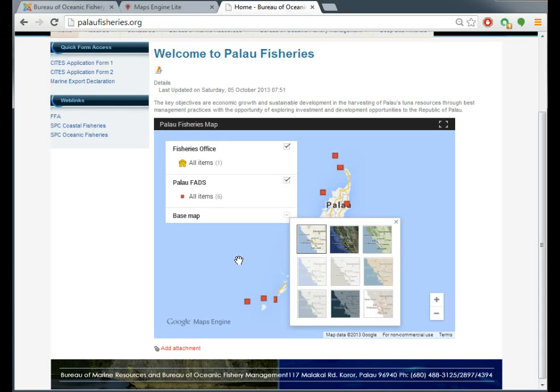So the prerequisite for this is to first get a Google account to have access to this. So the first thing to do, of course, is open a Google account, and as soon as you have a Google account, that you're connected,